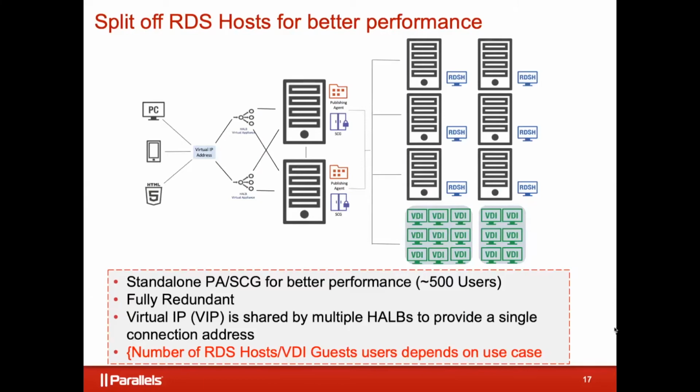The pieces on the right, of course, that'll change, right? Your mileage will vary depending on what you do. To get to 500 users, you almost assuredly need more than 6 terminal servers unless you're doing something really lightweight with beefy servers. But you can mix and match VDI, remote desktop servers, whatever. Get to the number that you need. But just the infrastructure pieces on the left can get you to about 500 users.